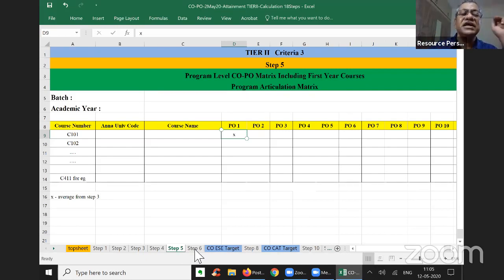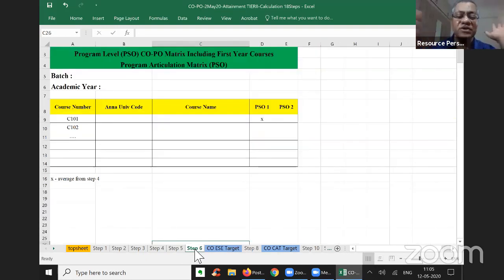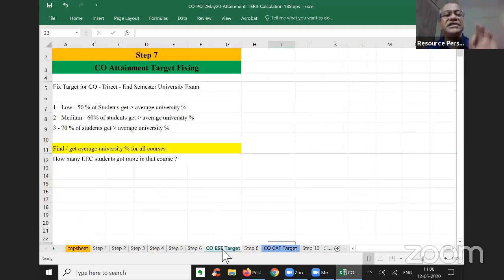Step 6, I am doing it for the PSO and PSO1. In step 7, I am fixing up the target. Then I am also fixing up the attainment level vis-a-vis the target. Dr. PSS said this can be varied. I have no objection. You come up with the logic necessary for you.